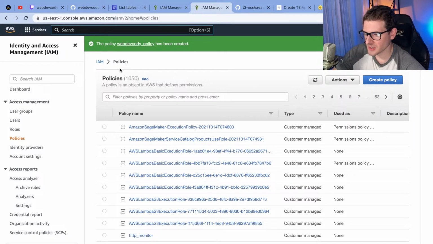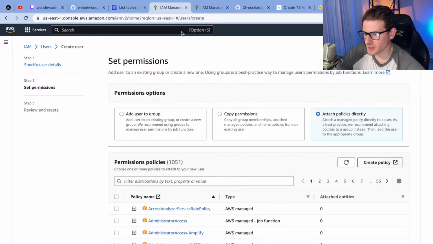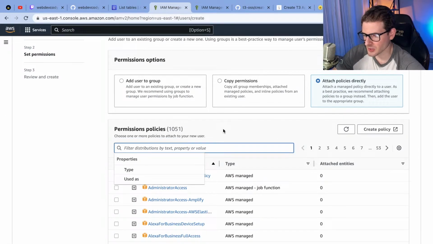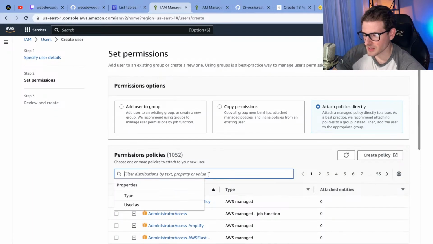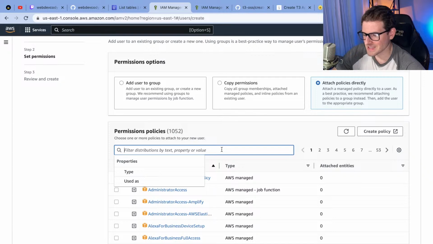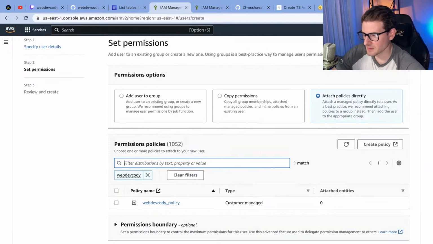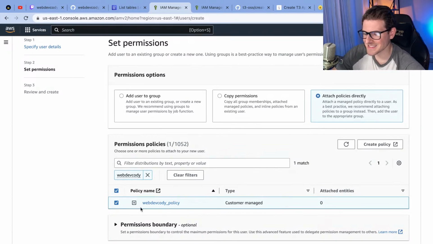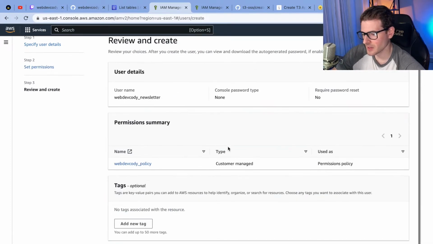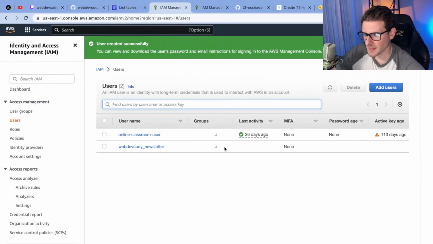It's very important to scope your policies, because if you don't do this and you leak your keys and you give a user admin privileges, someone can grab your keys and spin up the largest EC2 instances and rack up $2,000 within an hour or less. So if you're playing with Amazon Web Services, make sure you know what you're doing, especially when it comes to permissions. So I'm going to attach that policy to my user here. Go ahead and create that user. Make sure it's all good.